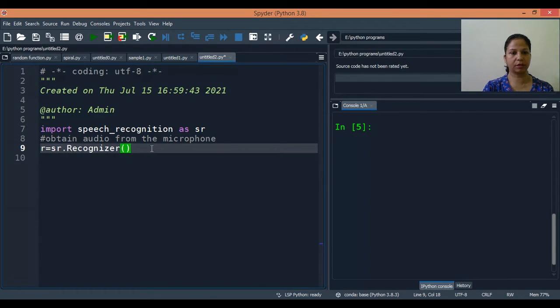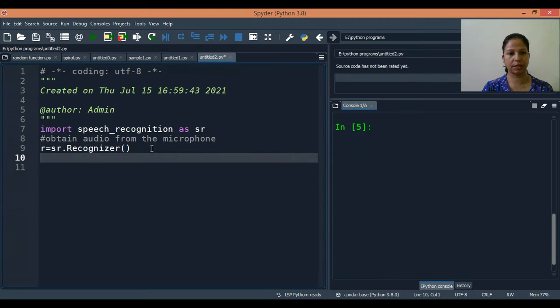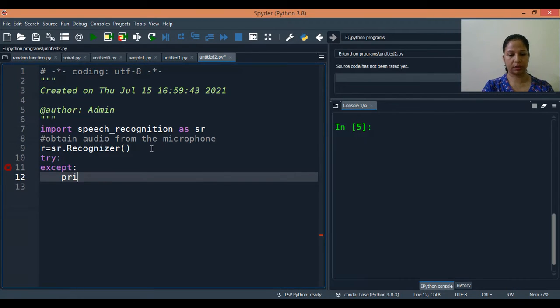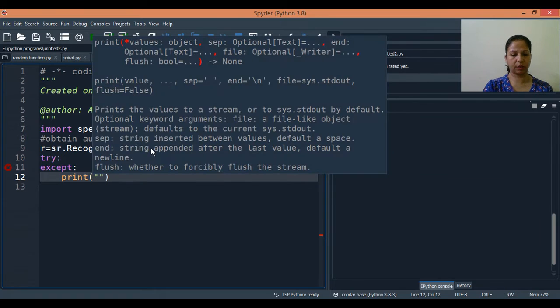I'll be taking Recognizer. This will recognize the speech, and then I'll put my code inside a try and except. For this try I'll take except, and here I'll print any error, I'll write error only.